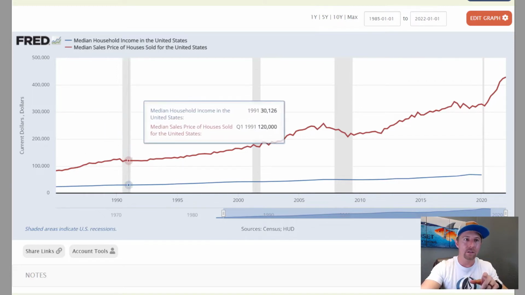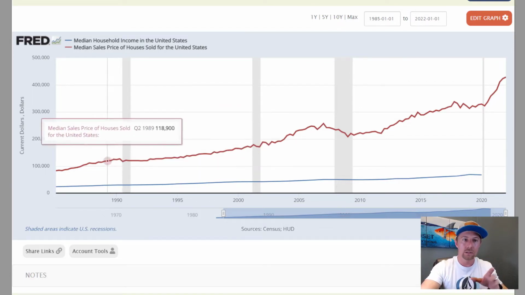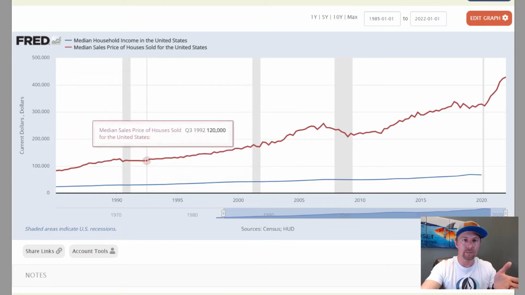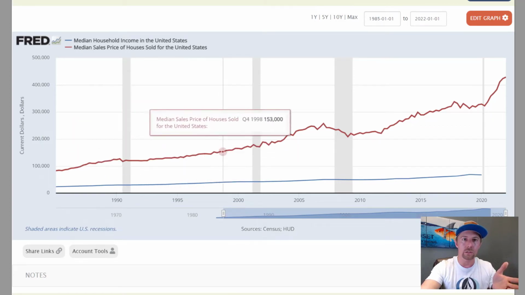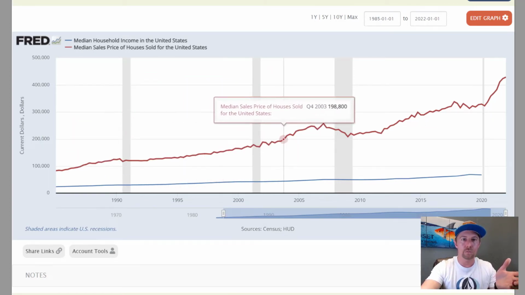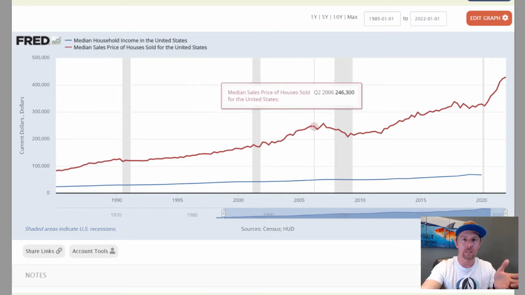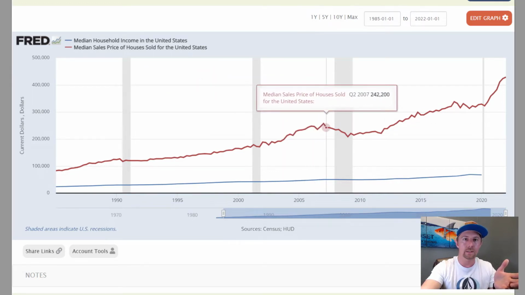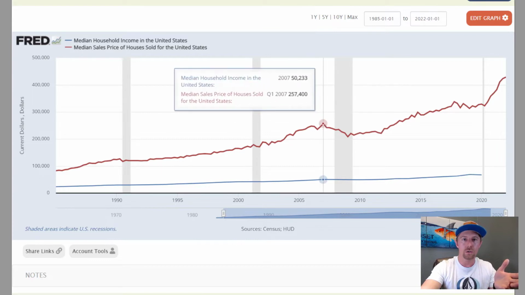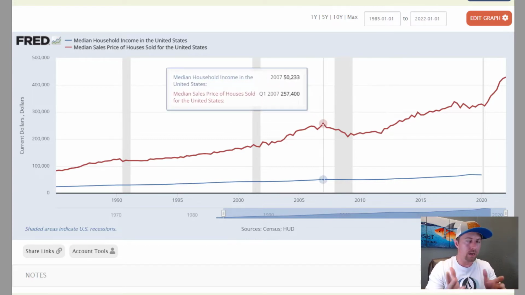Now, take a look at the median sales price of homes. So this arguably stayed really flat as well, and it steadily goes up. But what happened from 2004 all the way up to 2006, 2007? We saw a huge peak in real estate. So now if you look at the chart here, in 2007, the median household income was just over $50,000, while the median sales price was